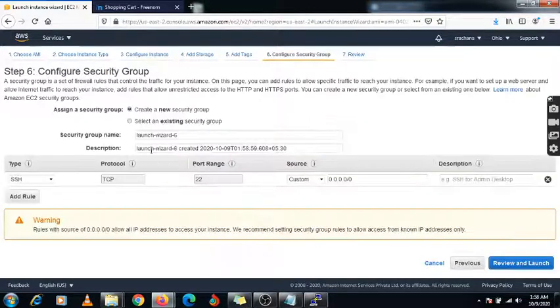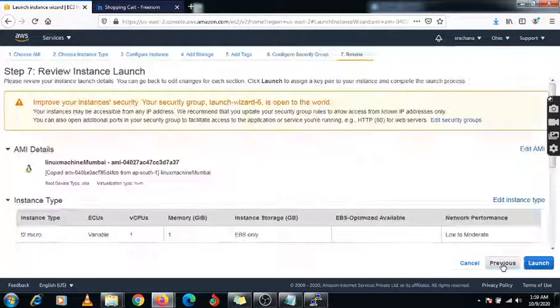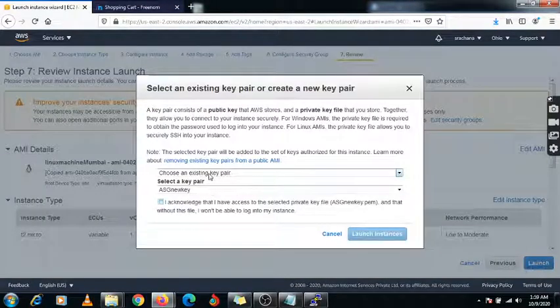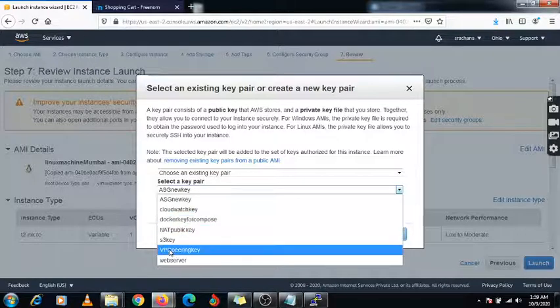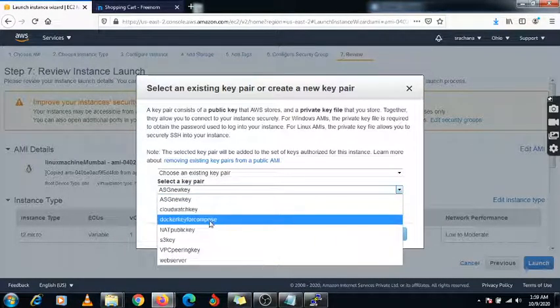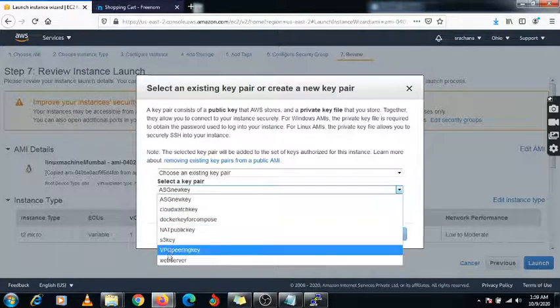Configure security. No, I don't want to configure any security. Click here and select anywhere. Review and launch. I'm selecting an existing key pair. Which name have I given?